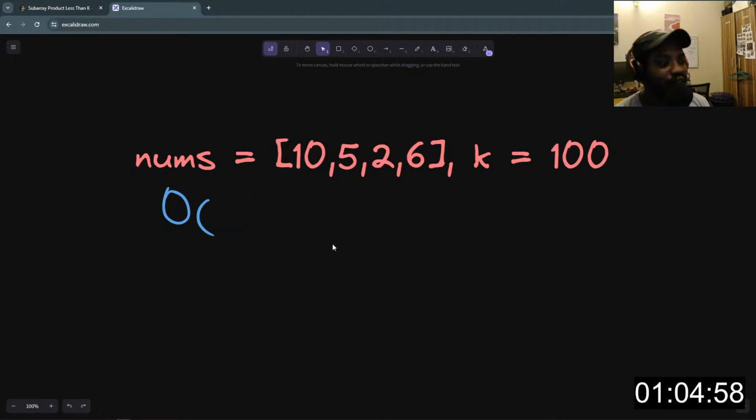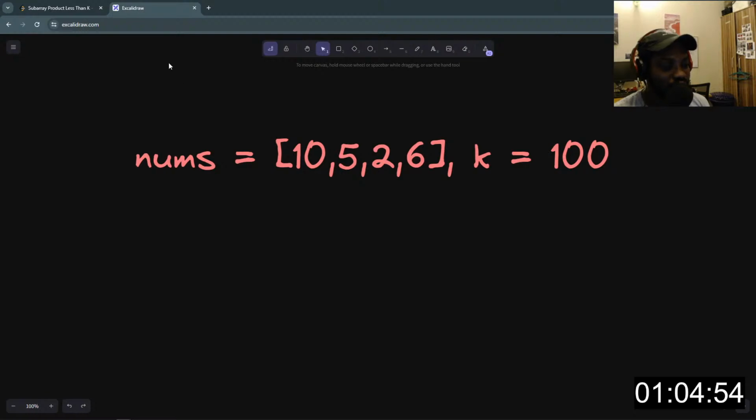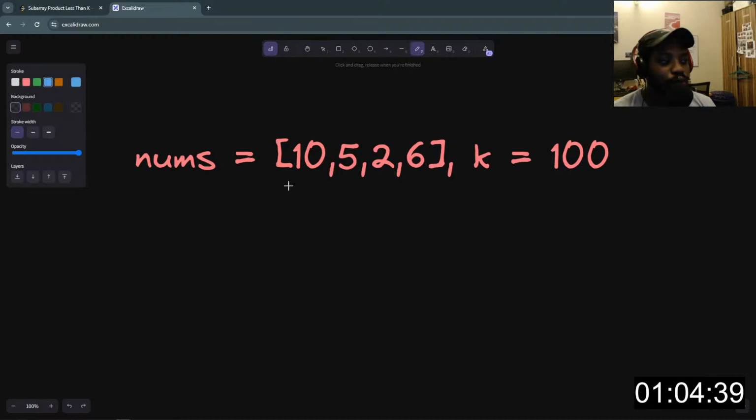But we need to understand what a subarray is first of all. Now a subarray is typically an item that is found in a larger array, right? And it's also, by definition, I think you might have come across definitions such as it's a contiguous